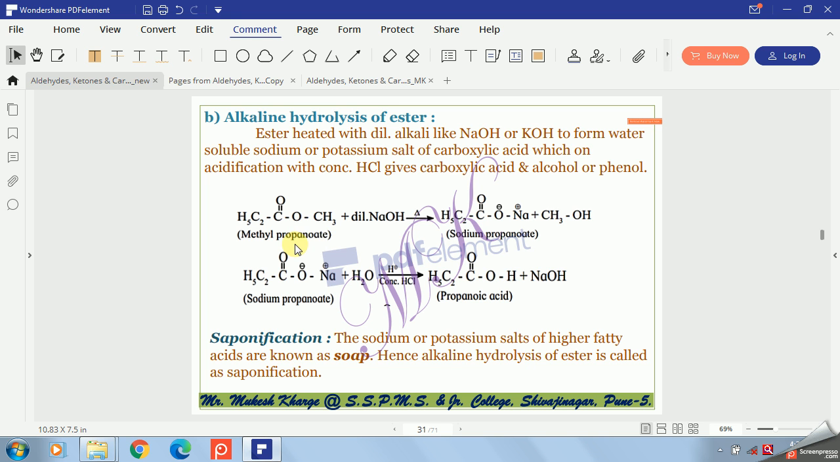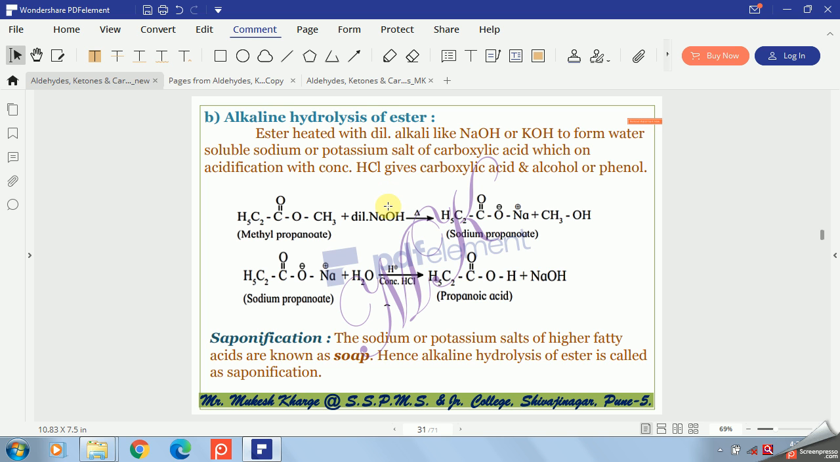Propionate, that is the common name. So it reacts with your ester; react with dilute NaOH. So this CH3 and that OH gives CH3OH. So we'll write the attack. Here Na is the positive part, OH is the negative part. So OH will attack on